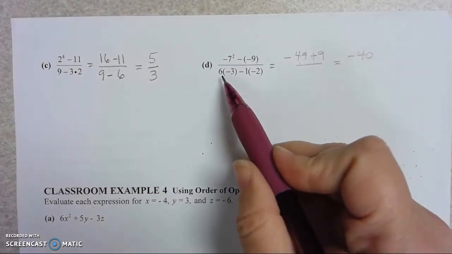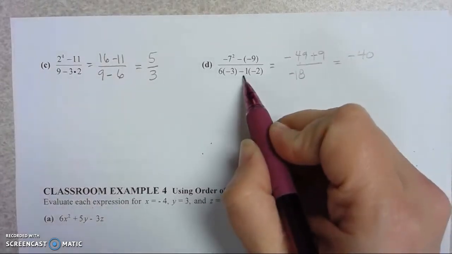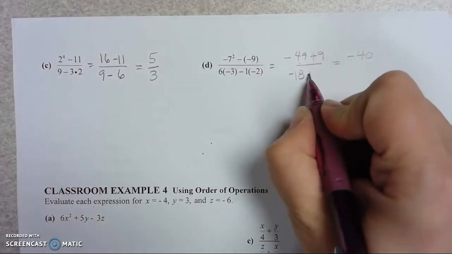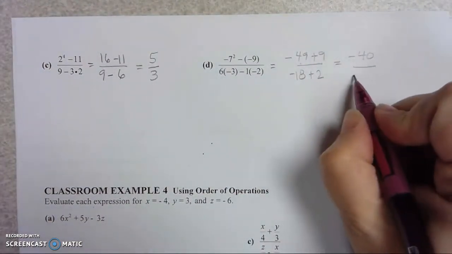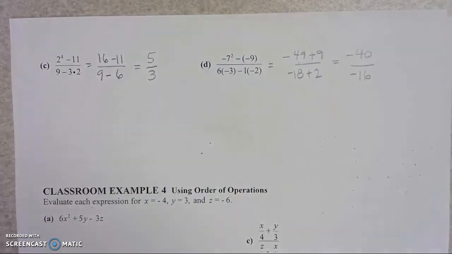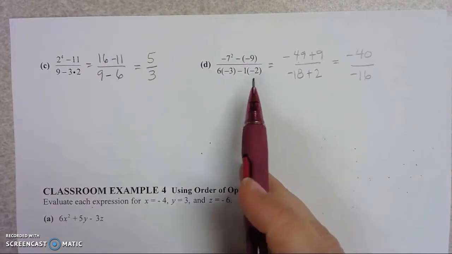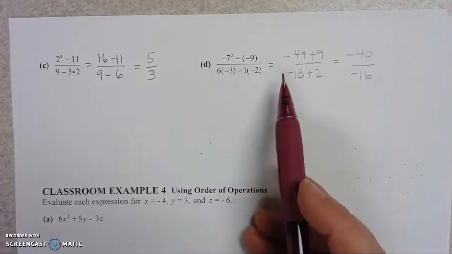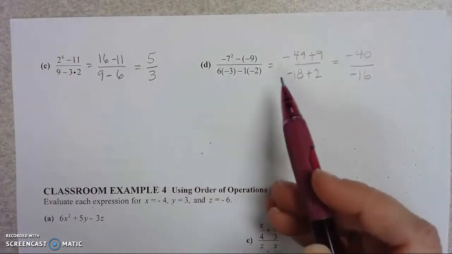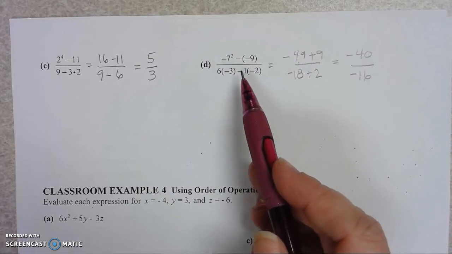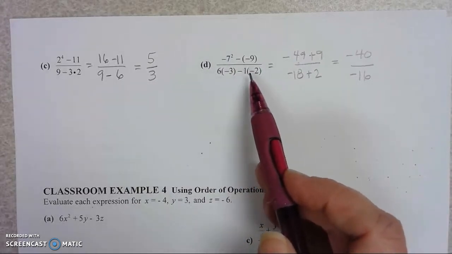On the bottom, we have 6 times negative 3. And then negative 1 times negative 2 makes positive 2. When I subtract those, I get negative 16. So in the bottom, there were no exponents, so then I moved to multiplication and division. I took care of the multiplications in order from left to right. When I multiply negative times negative, I get positive, or you could have said minus negative 2, which would have